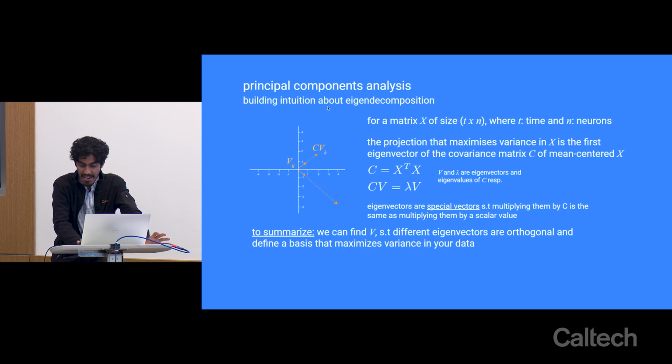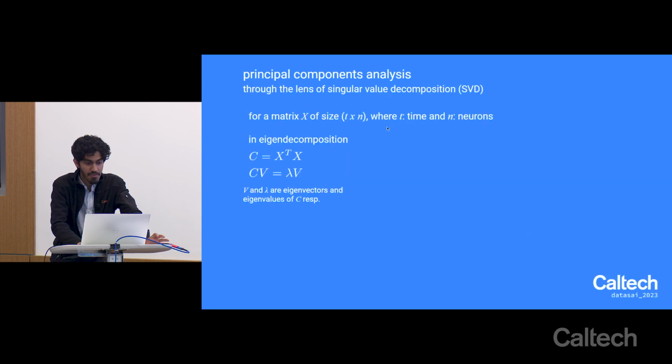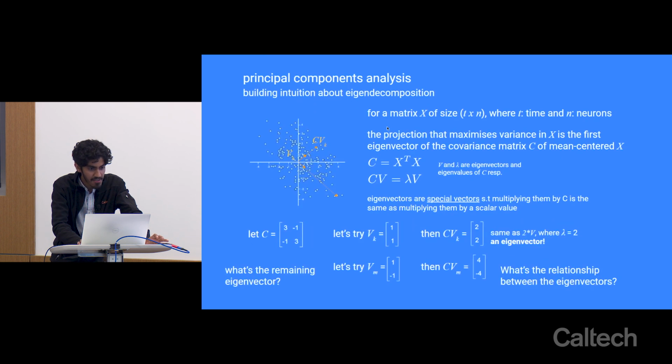So if you take a look at the data that generated this particular C that I showed you before, oops, I thought I had it. Oh, there you go. It looks like this, right? And you can see that these particular eigenvectors that we intuitively came to an understanding of do account for a lot of the spread in this data, right? Most of the spread in this data is through this direction. That's why this particular eigenvalue is the highest, followed by this.